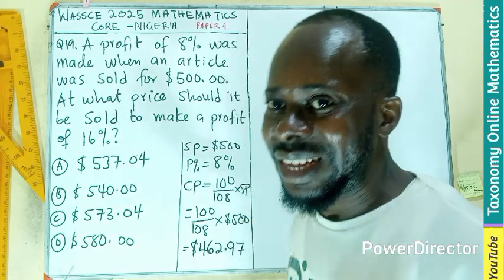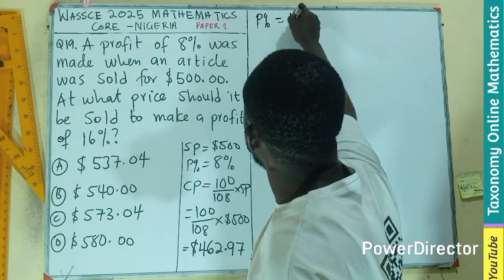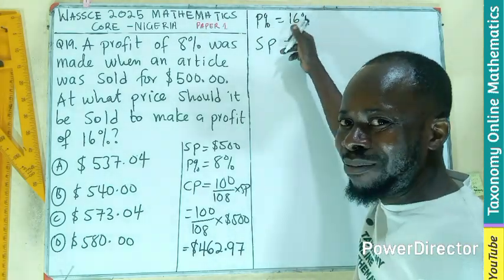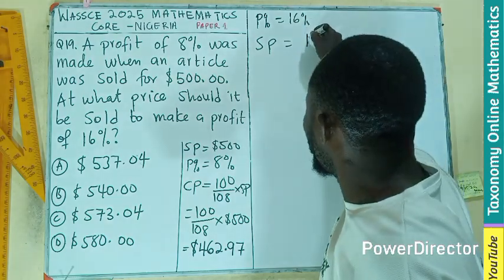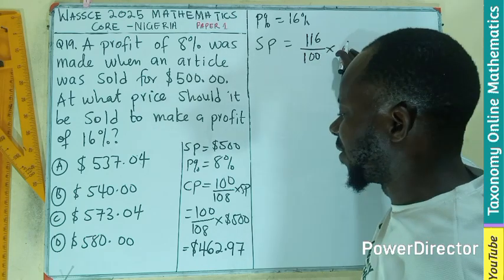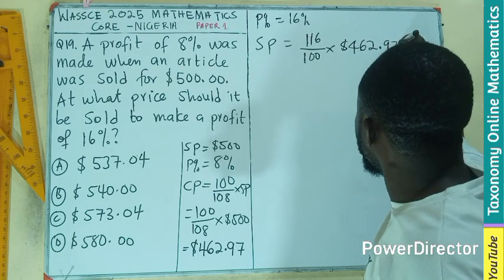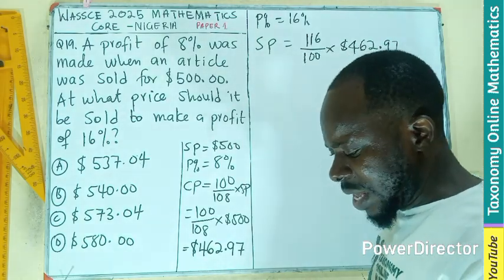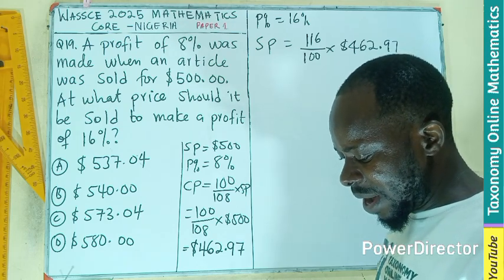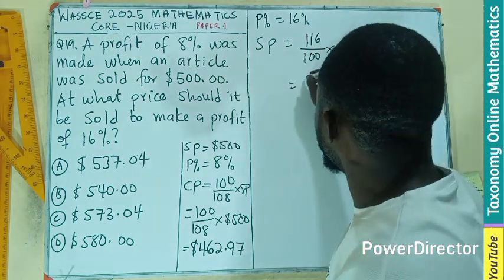So if this is the cost price, then we now have a new profit percent, which is 16%. And we are looking for the selling price, which equals the increment in the percentage, as in 100 plus 16, 116, divided by 100, times what? The cost price, which we have as 462.97. Let's put that in and see its value. 116 divided by 100 multiplied by 462.97. That should be giving you a value of